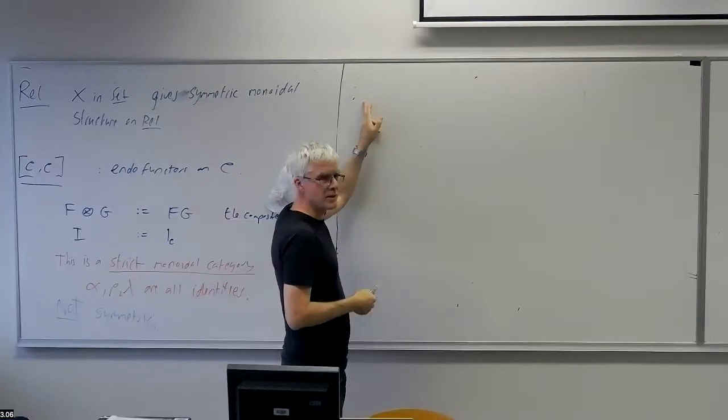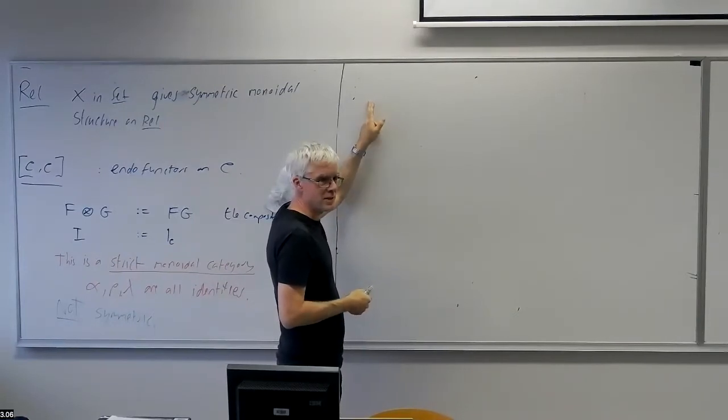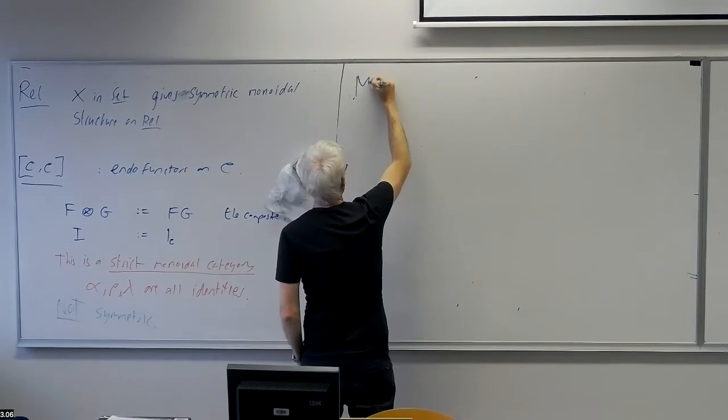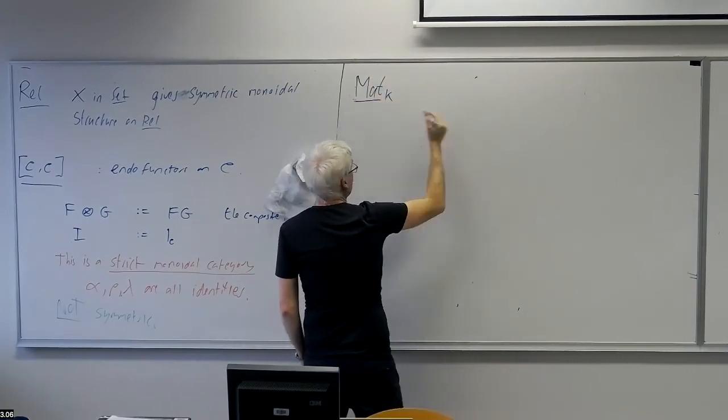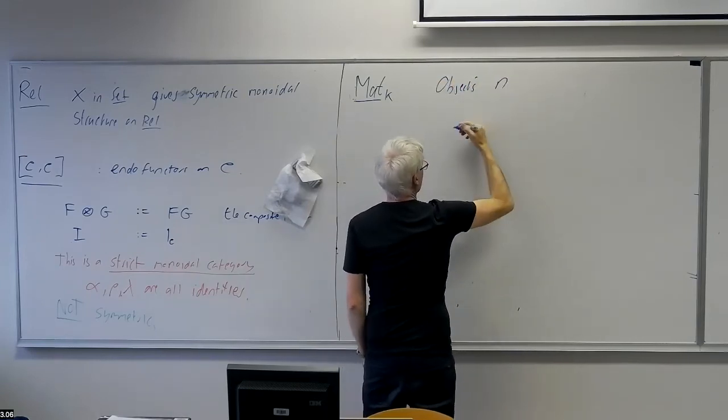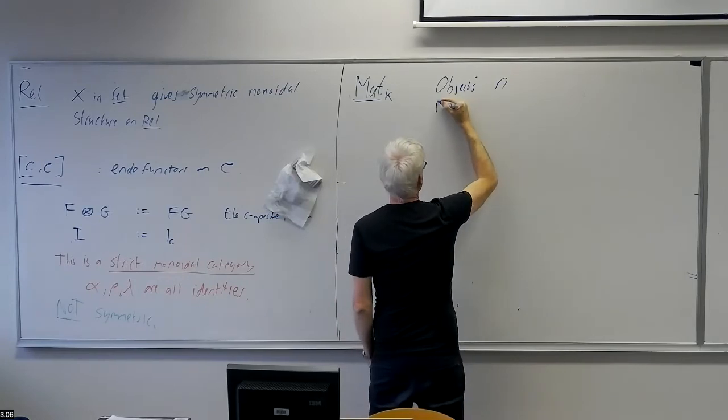But to work up to it, I want to consider the case of matrices, which is in any case a little bit easier to understand, although the details are in some sense a little bit hard to write down. So remember, the matrices over a field K had objects n, natural numbers, and morphisms